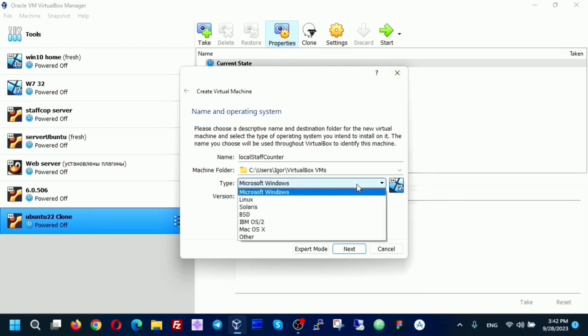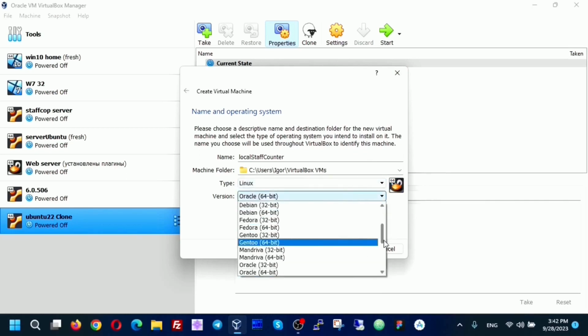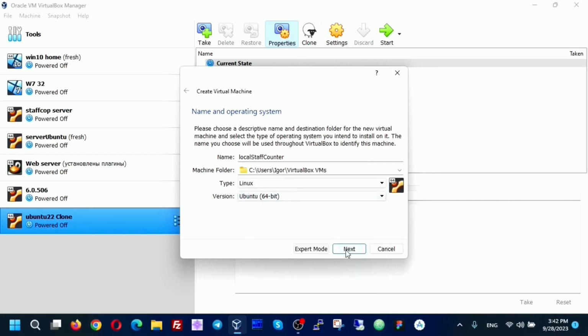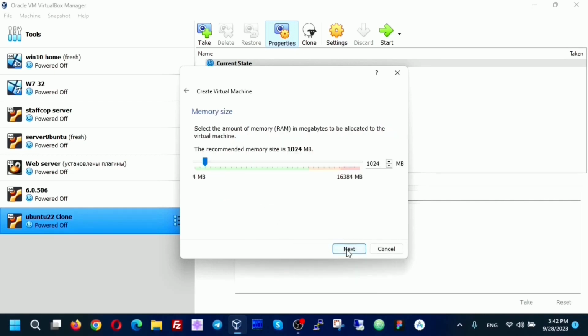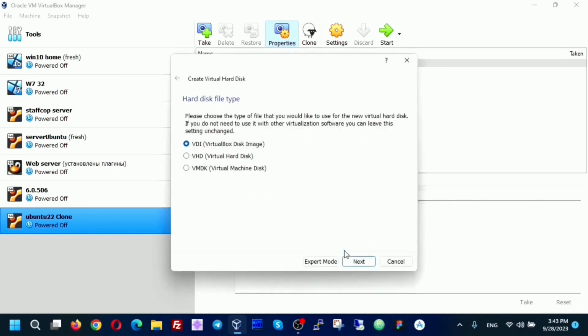We create it as a virtual machine Linux Ubuntu 64-bit. Click Next. The amount of RAM is 4 GB. Next, create a virtual hard disk. Leave it unchanged here, click Next.